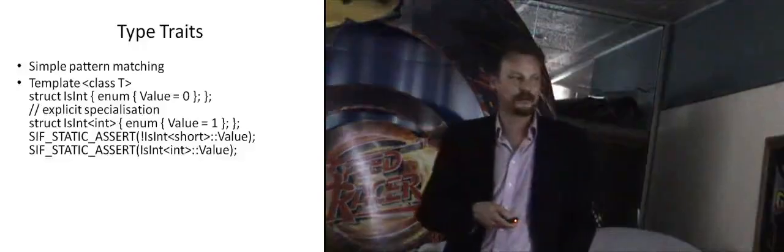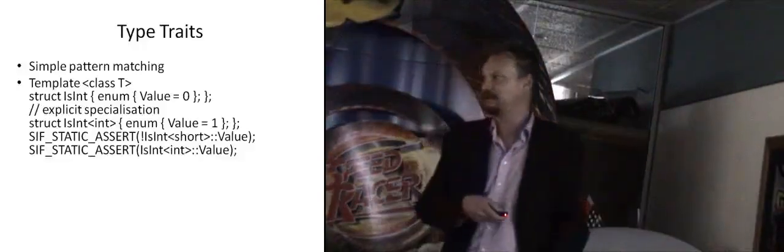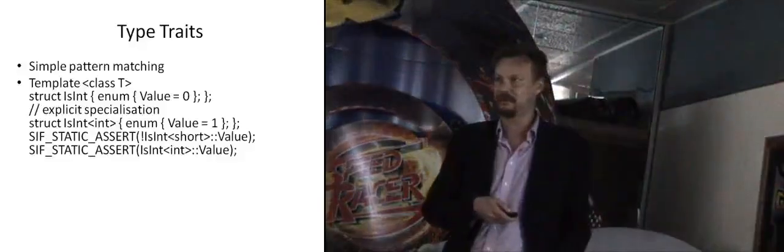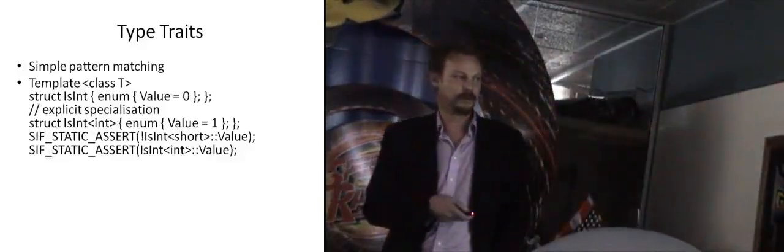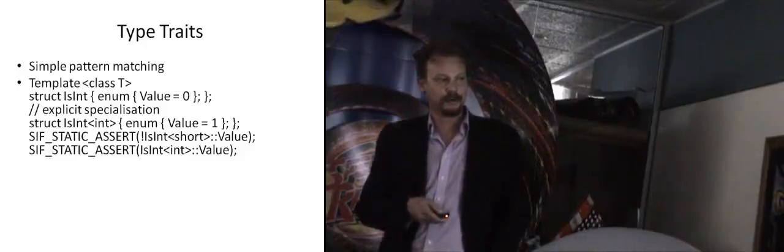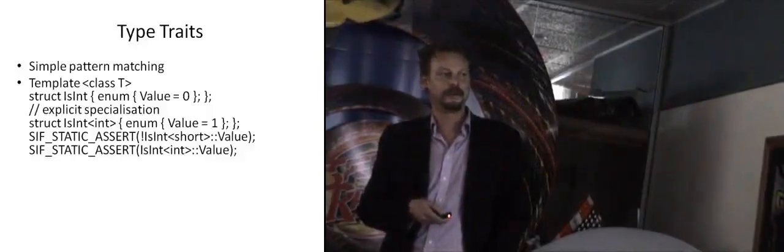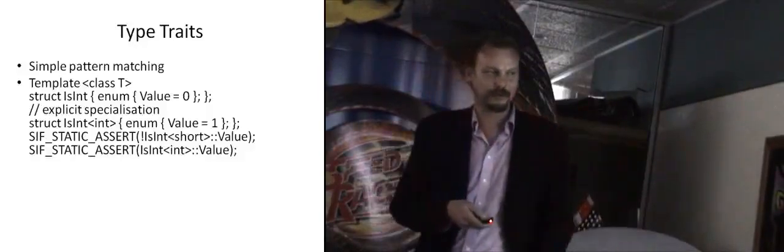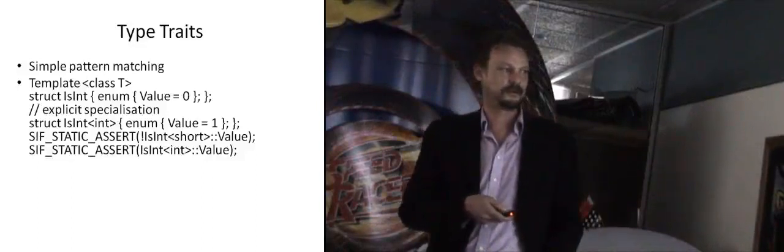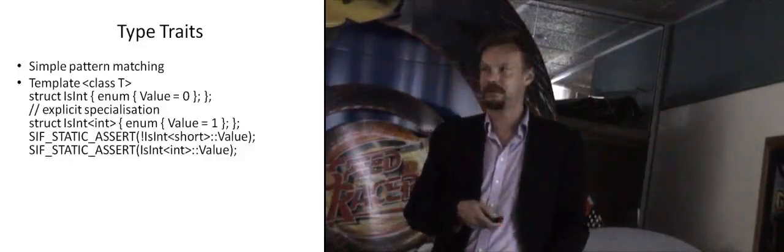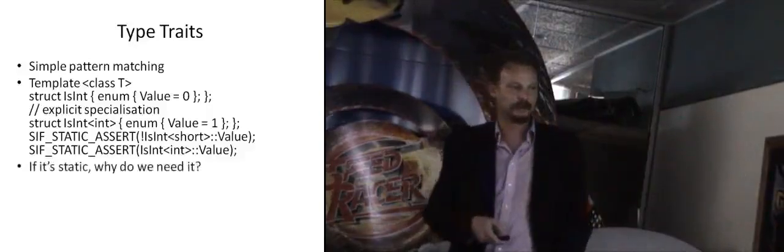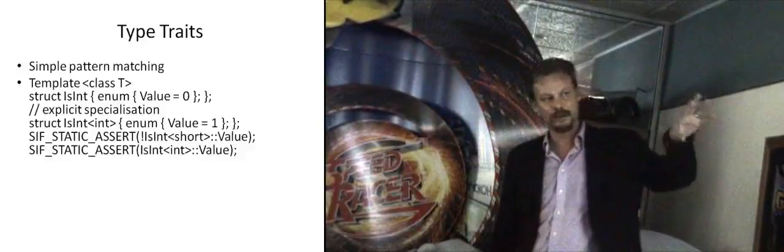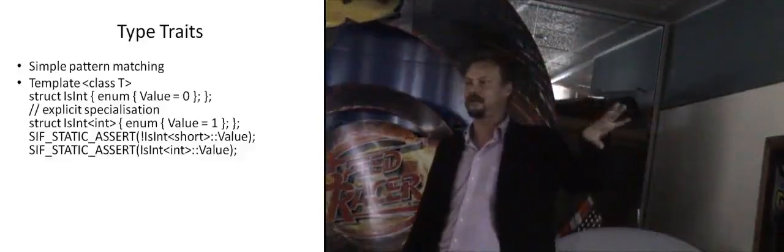So then you can say static assert, this doesn't exist. I think there is another static assert, I should have found out what it was, but there's a BOOST static assert, I think. If there isn't, there should be. So you can assert that at compile time, our metafunction correctly states that short is not an int. So assert that not is_int short, but you can also make sure that it's true by saying that is_int int. We know that that's true because we can just see struct is_int int, value 1, so that's going to be right.